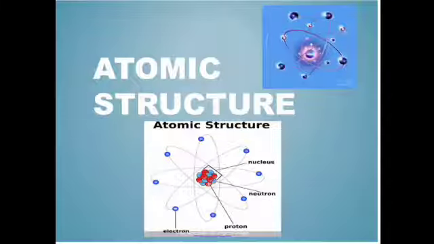I was taking up atomic structure in the last two classes. I had taught you about the ancient views on atoms, and apart from that I had told you about the discovery of electron, and in the last lecture I had explained about J.J. Thomson's experiment along with the properties of electrons, protons, and the discovery of protons as well. So let's quickly revise what we had done in the last lecture.